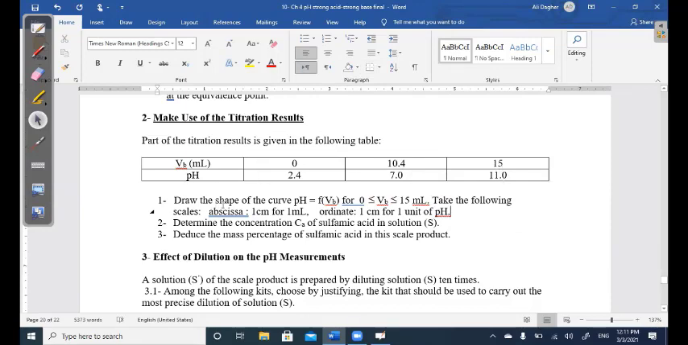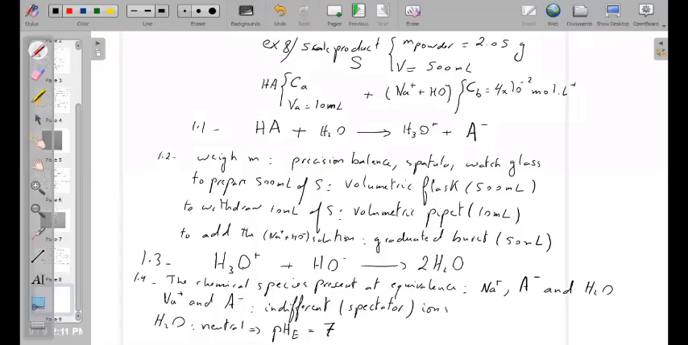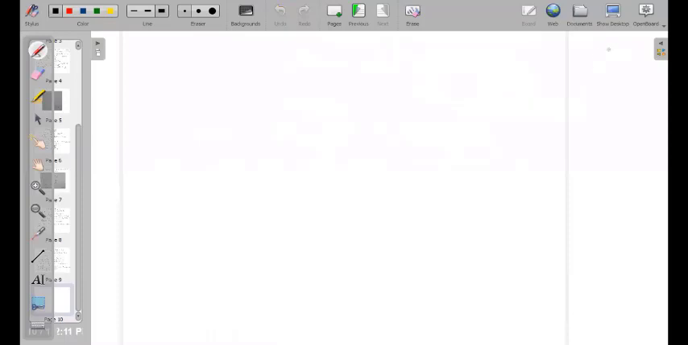2.1. Draw the shape of the curve pH as a function of VB for VB between 0 and 15 milliliter. Take the following scale: 1 centimeter for 1 milliliter in abscissa and 1 centimeter for 1 unit of pH in ordinate. The shape of the curve is